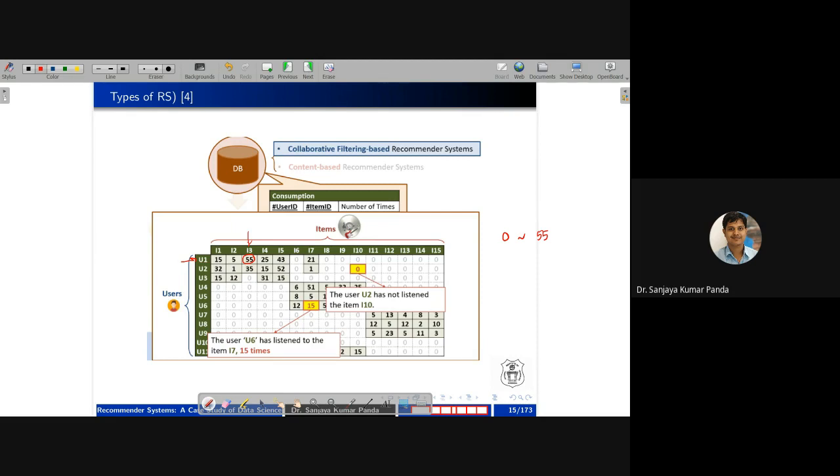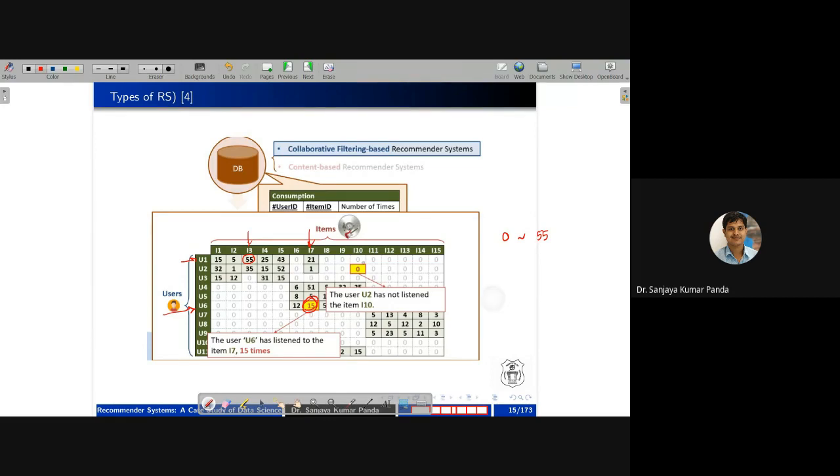But if you see this one, this 15 indicates the corresponding user is U6, the corresponding item is I7. So we can say user 6 has listened to item I7 15 times,